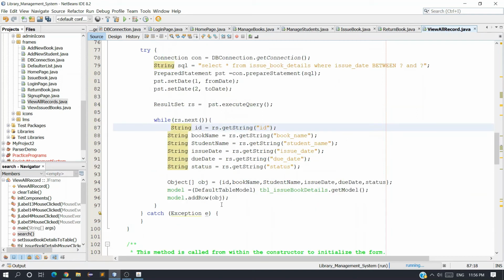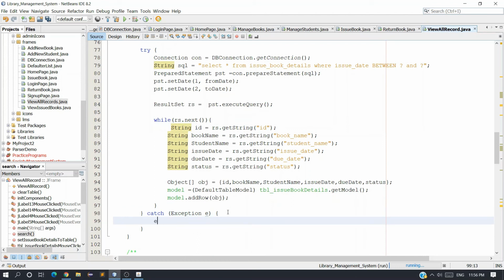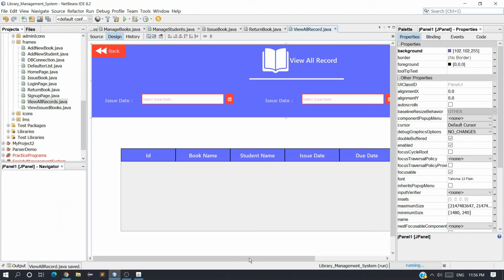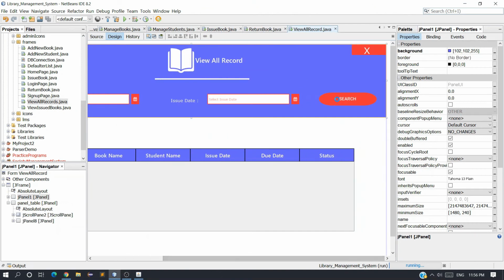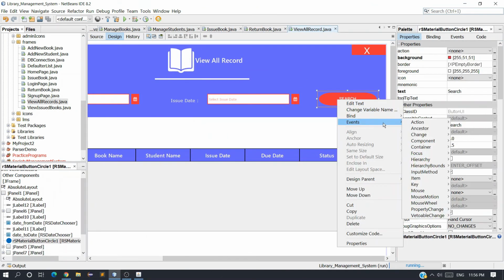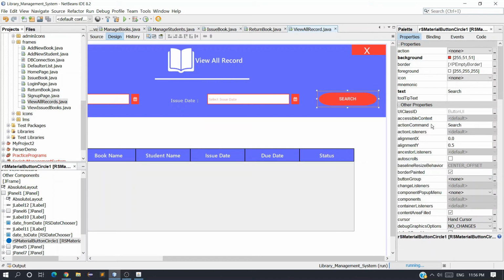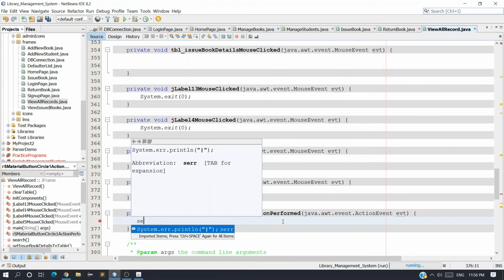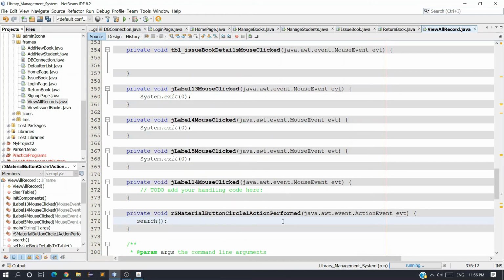In the catch block, print the exception, so if we get any exception we will know. Let's call this method on the search button. Right click, event, action, actionPerformed, or simply double click on the button and it will open the same method. Here we call the method named search, and that's all.